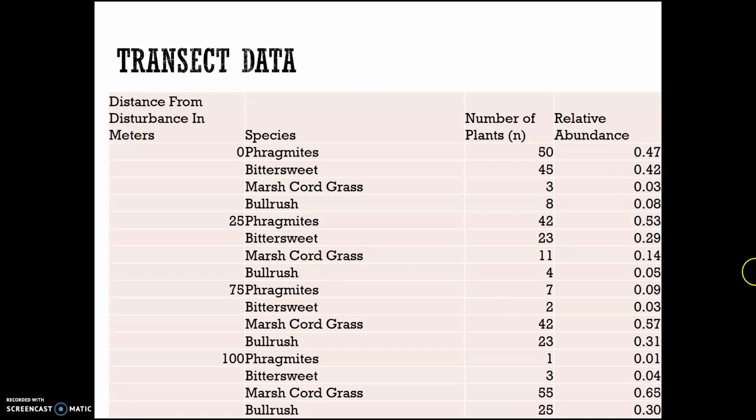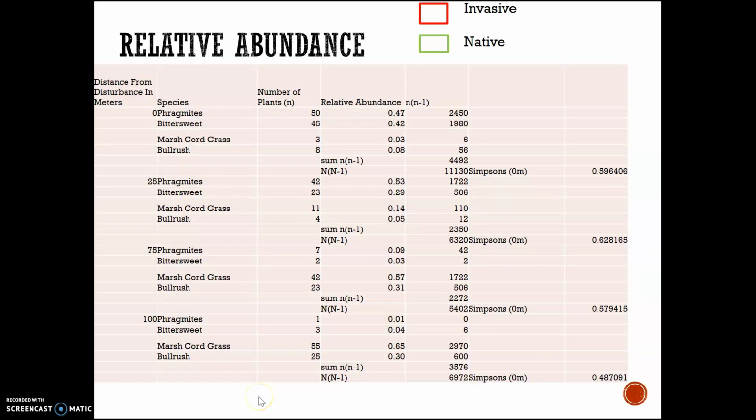So here is our transect data. We went out and counted up our plants. Here's our numbers of plants at each different distance. And then we also calculated the relative abundance of each of those. So when we look a little closer at that relative abundance, we can